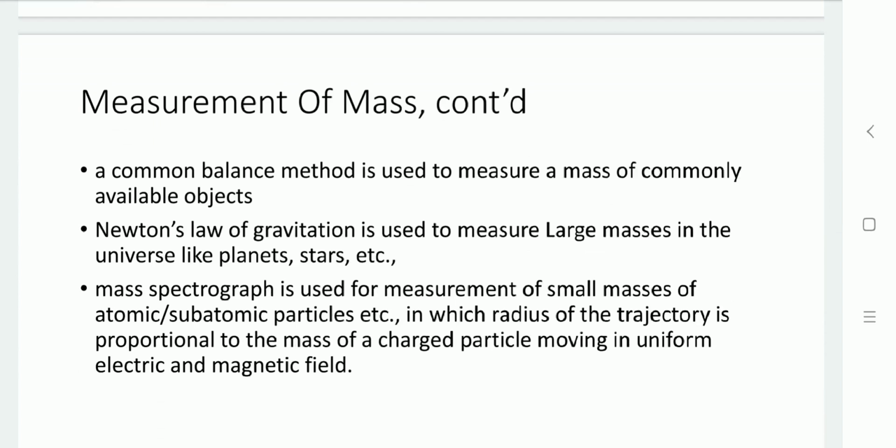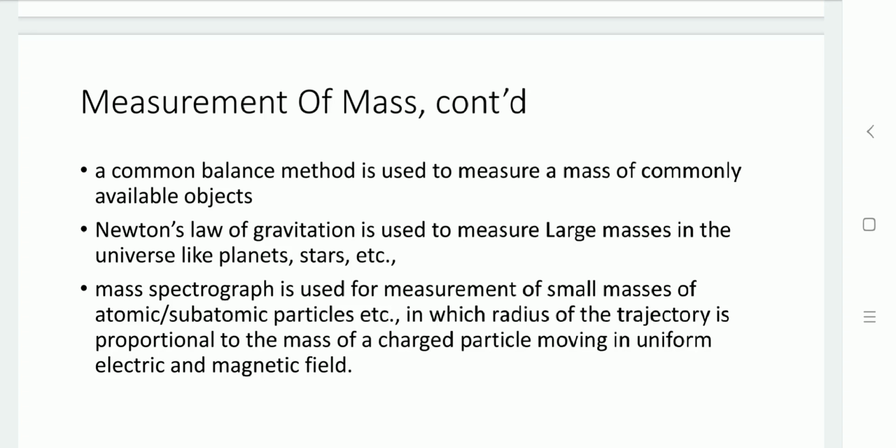Just like if we go to a grocery shop to purchase groceries, or to a vegetable vendor to purchase vegetables or fruits, they give us that material using the balancing method. They measure the mass of the vegetables or fruits or groceries using this technique and give it to you by that amount.